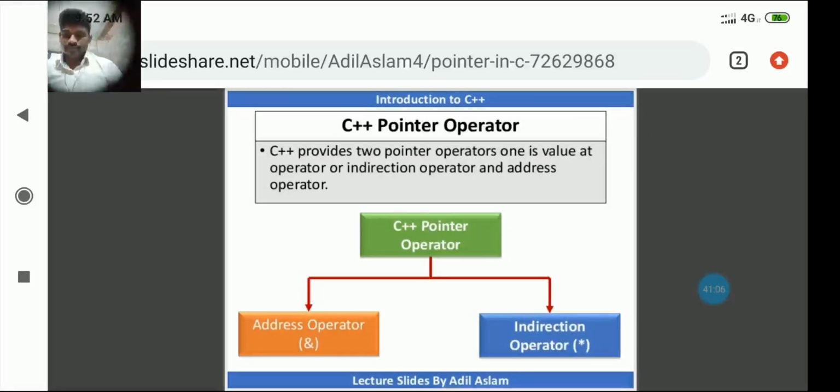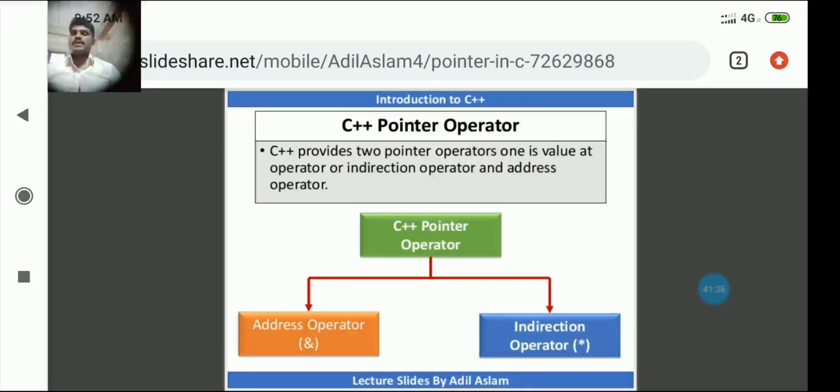Look at here. Two types of operators are there. One is orange color, the second one is blue color. On the left side is mentioned the address operator, and on the right side the indirection operator. So what is the address operator? What is the indirection operator? Ampersand is the address operator and asterisk is the indirection operator.